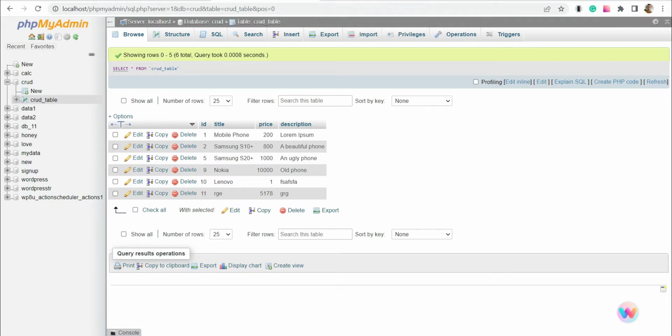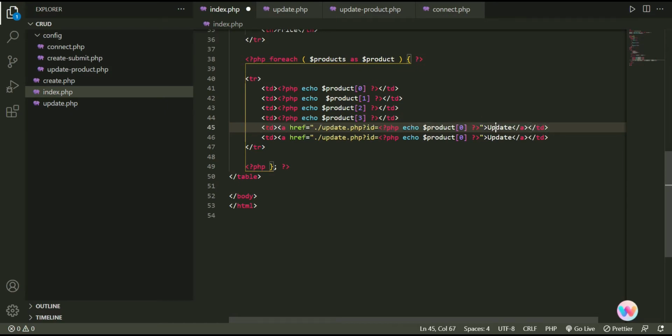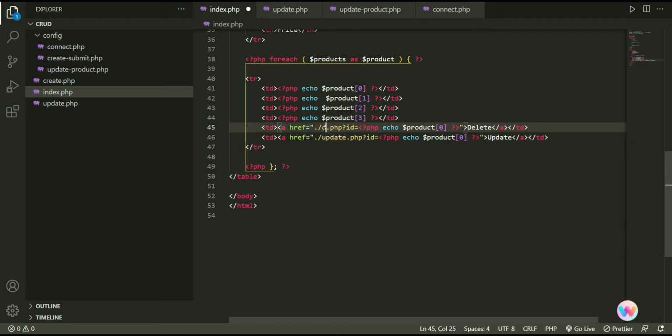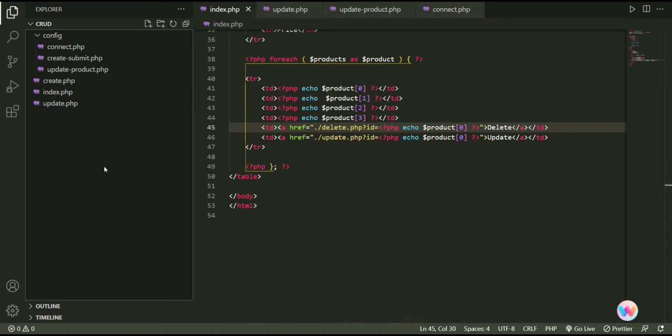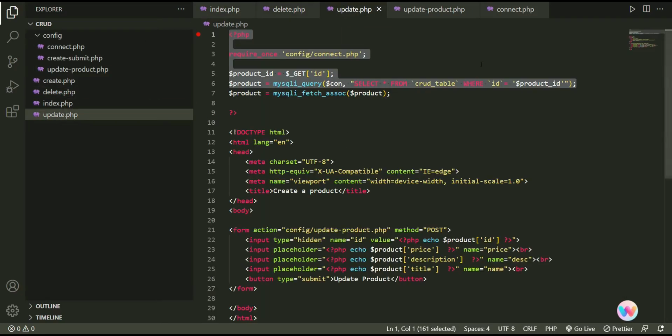We have just one more thing to do, understanding how delete works. Deletion is fairly easy. Let's just go to our index PHP, copy the last time where we say update, and paste it above, but this time it's gonna be delete. And this is gonna move us to delete.php, and we are again gonna transfer the same product ID. Let's create that delete.php, but not inside config, but inside the main folder. So it's here. I'm gonna copy some code from update.php,